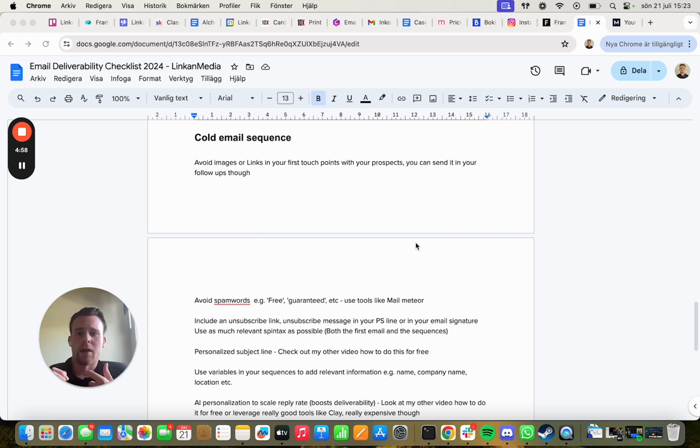Then you should always include an unsubscribe link or an unsubscribe message in your PS line or in your email signature to basically avoid the spam reports. And also use as many relevant spin tags as possible, both in the first email and the sequences. And spin tags is basically that you randomize your email copy. So you put like, hi, hello, hey, and then you just randomize which of the ones is going to be sent out when you send this email. So it's a good way of staying away from the algorithm and not being classified as spam